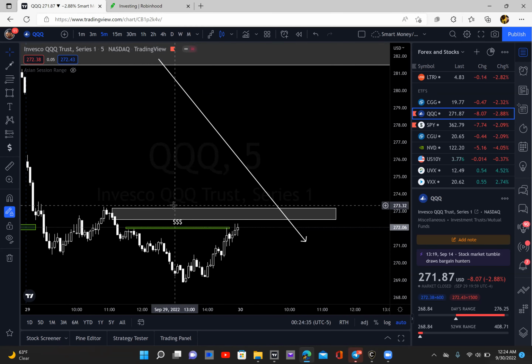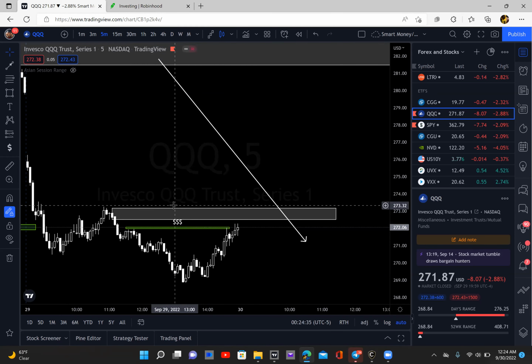Okay, so let's go to the 1 hour. Remember I said we had liquidity here. We have imbalance all up in here, from here all the way up to there. All right, so it's possible. And look, there's liquidity sitting right above here, this zone as well. Okay, so I'm gonna delete this. I think price could possibly go up to